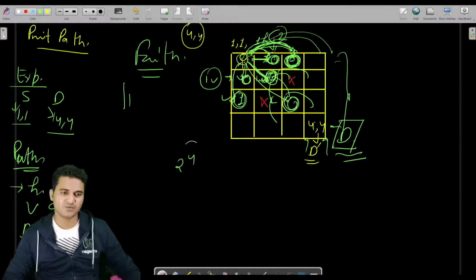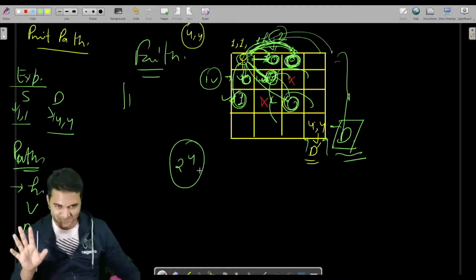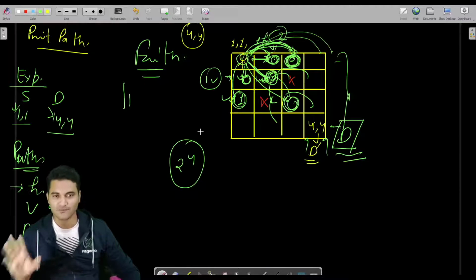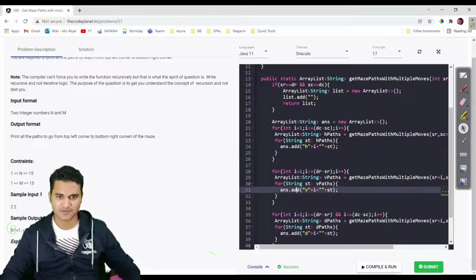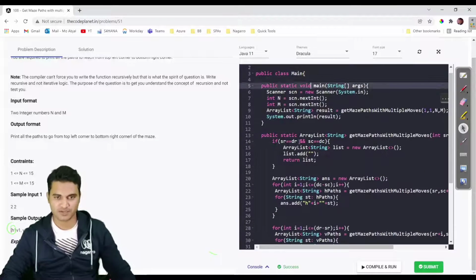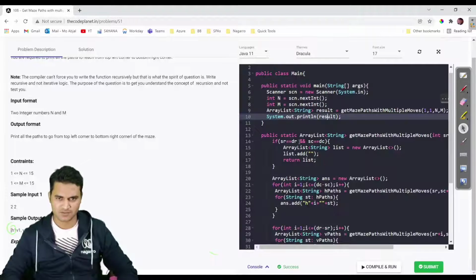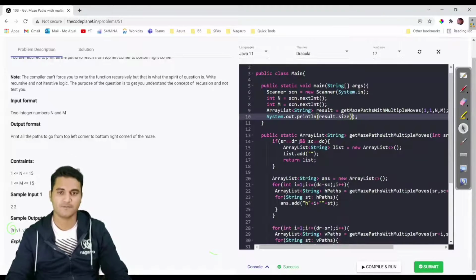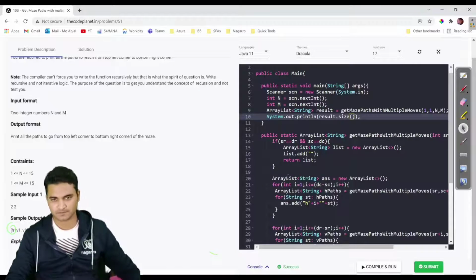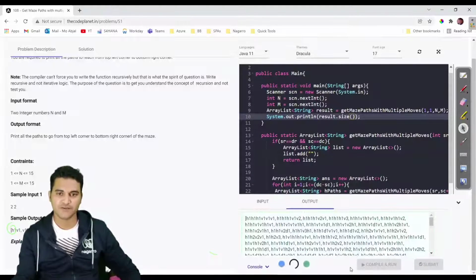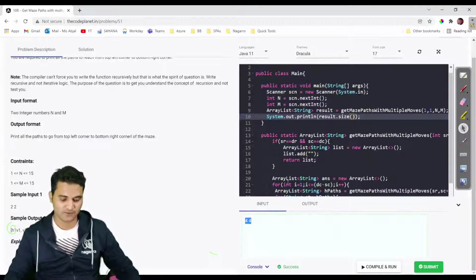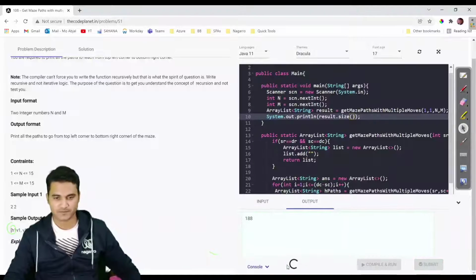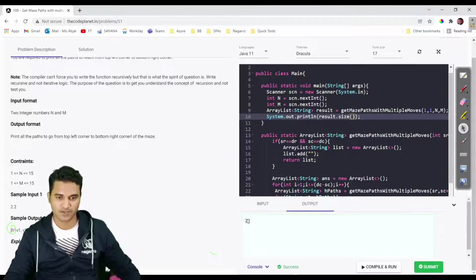too many. I think it is 2 raised to power 4. I don't know, do not judge me on that. I don't know what the formula for this is, but if we print the length of the answer, let us see how many answers we have. So result dot length, because from each point we have n into m number of solutions, 188 for 4,4 and for 3,3 we have 22 solutions.